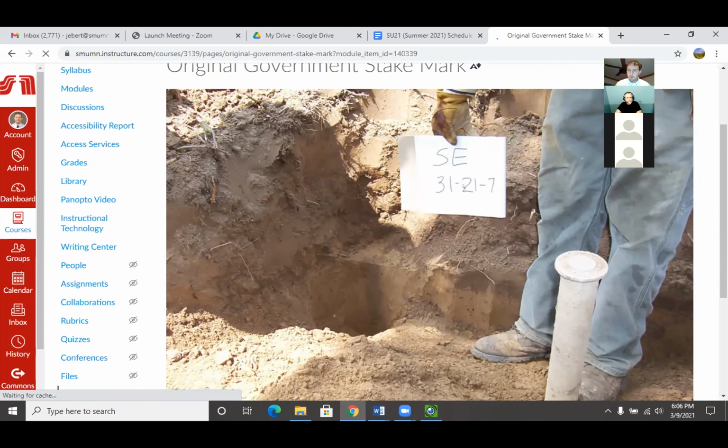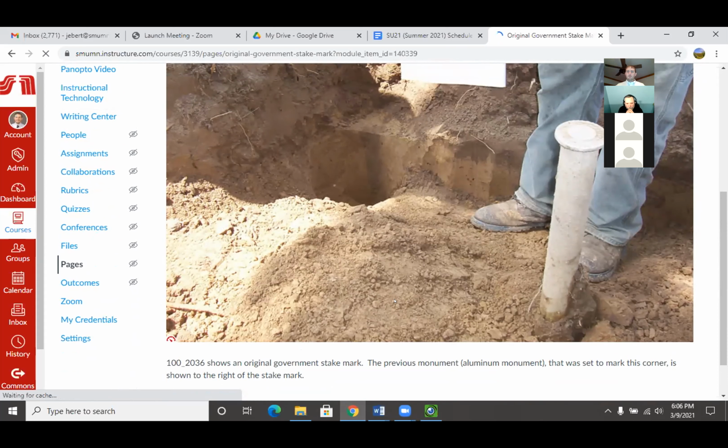But what happens a lot with monuments, a lot of counties, at least in Wisconsin, where this was, are undergoing remonumentation, and it's a way of verifying that these original stake marks that the government had to define property descriptions weren't moved, or something didn't happen to them, for really accuracy. And here you can see the mark of where an old stake used to be,